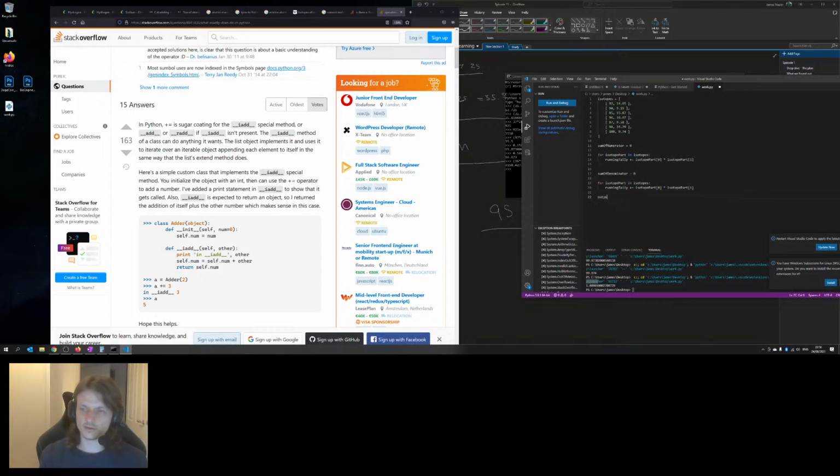And then output equals sum of numerator divided by running tally sum of denominator. It's going to be sum of numerator here, and sum of denominator there, and we're going to print this bad boy. Yes,